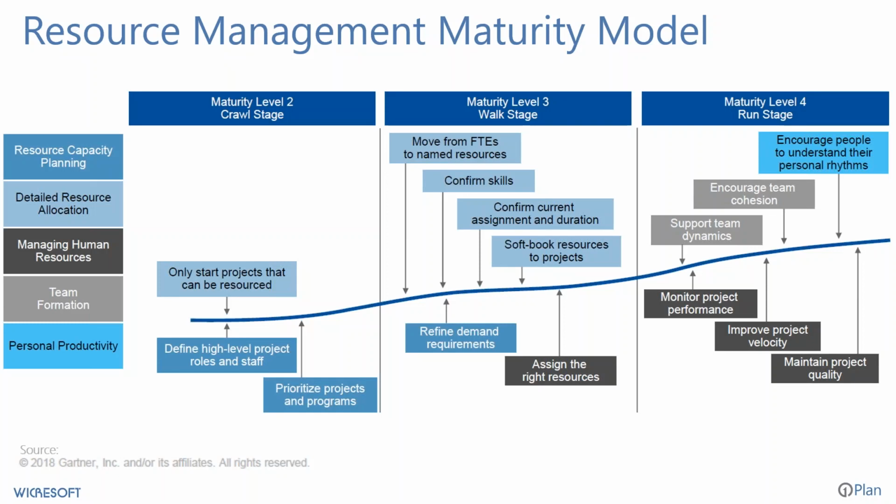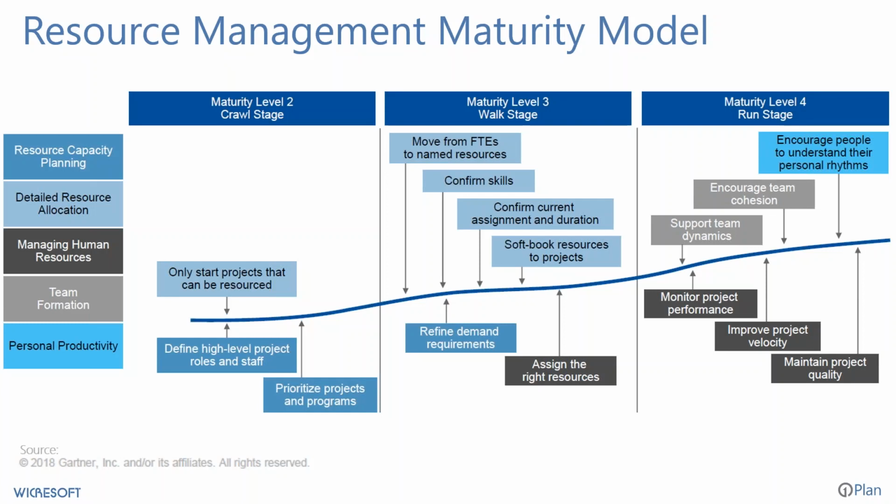We're potentially prioritizing projects and programs and understanding where we want to put that workload, right? And only really starting projects that can be resourced. But notice that in the color coding, it's a resource capacity planning or a high-level resource planning level at this stage. It's only until we get into level 3 in that walk stage